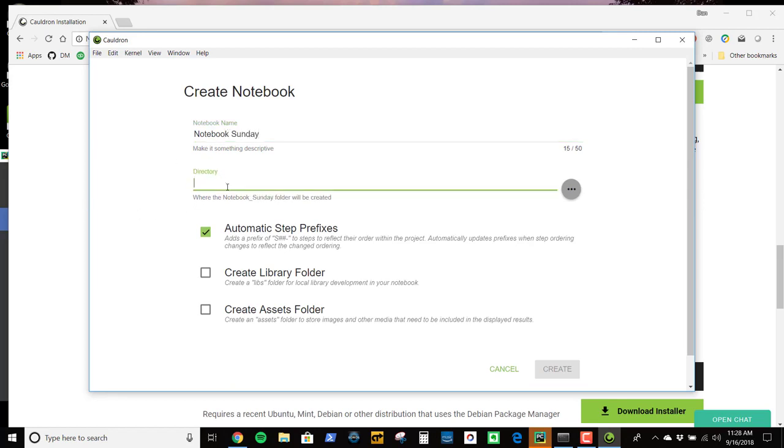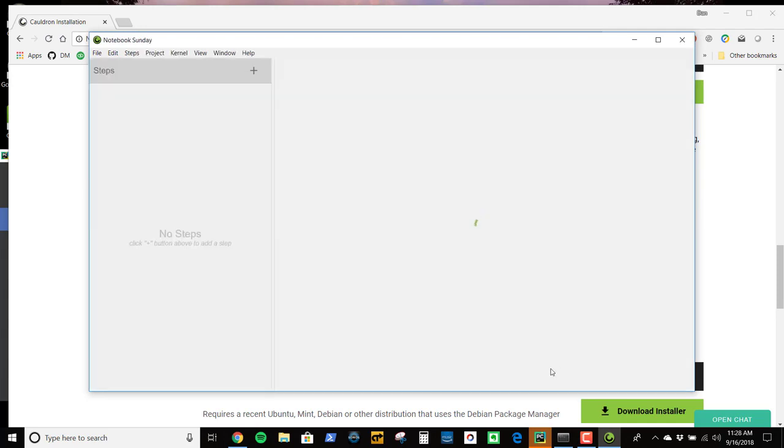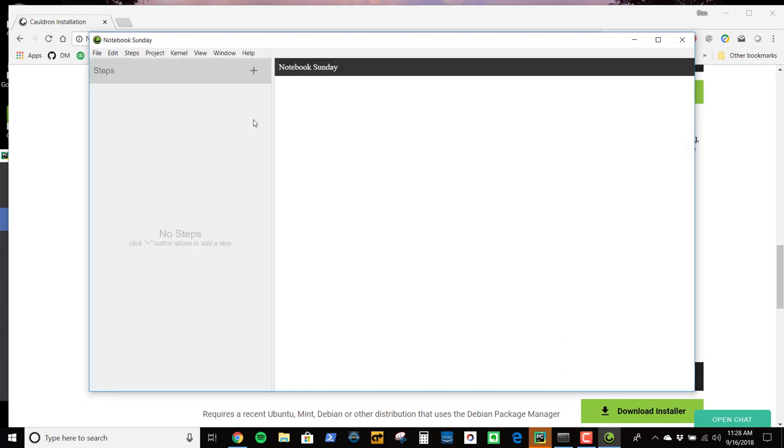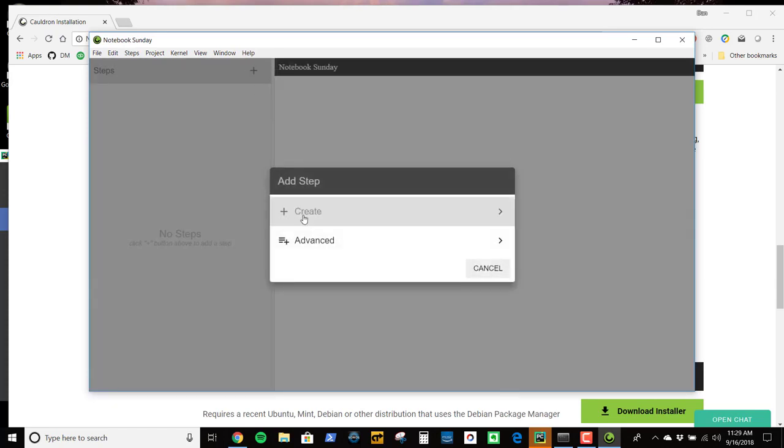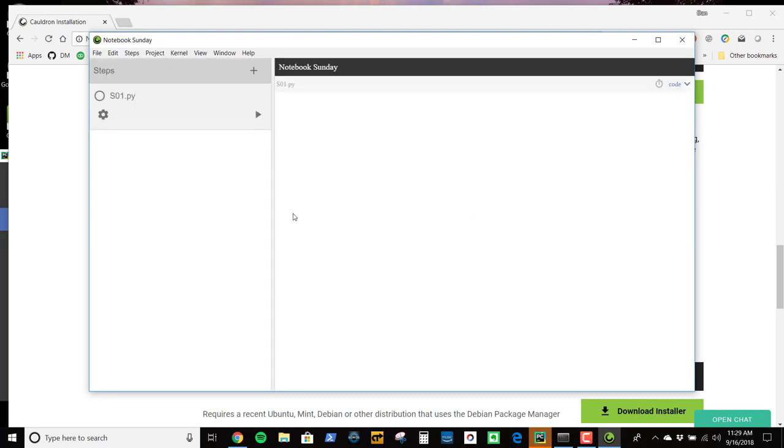And it also needs the directory where the files will be stored for this notebook. This is where I'm storing mine. And I'm just going to go with the defaults for the sake of this tutorial and hit Create. Here's my notebook. You can see the title of the notebook, and it's asking for my first step. So I'm going to click here. I'm going to create, and you can see this is the first step, and it's created a file,